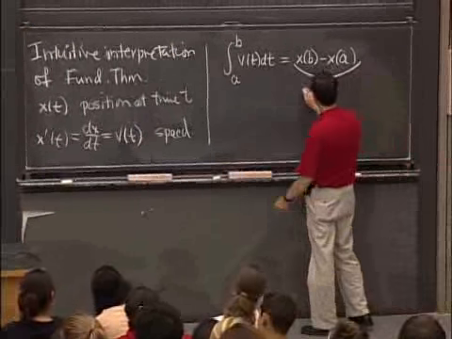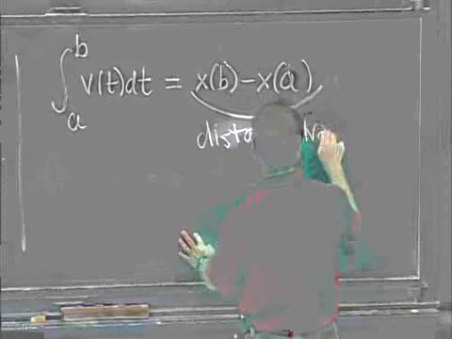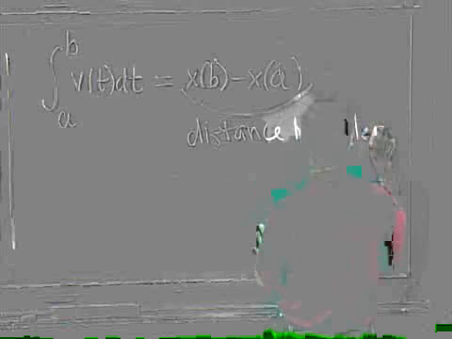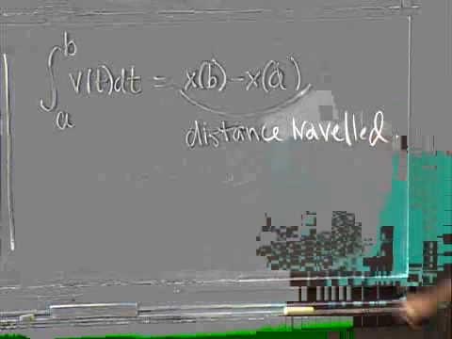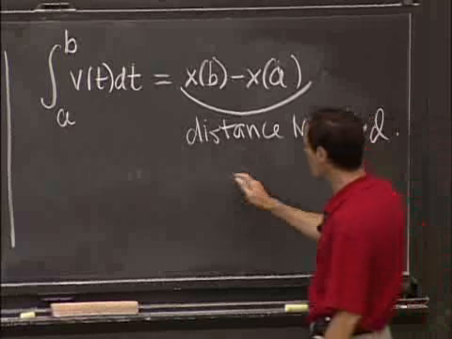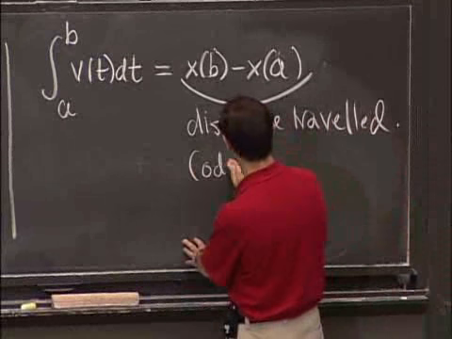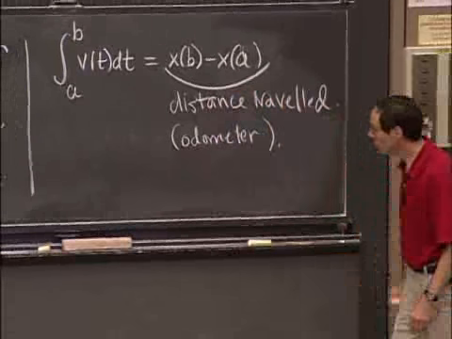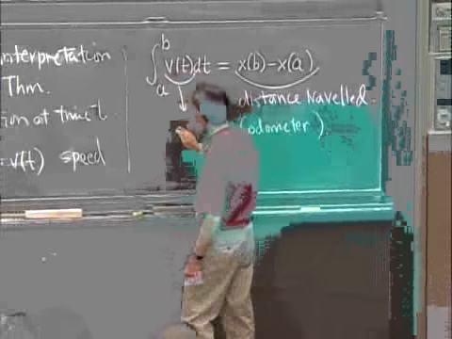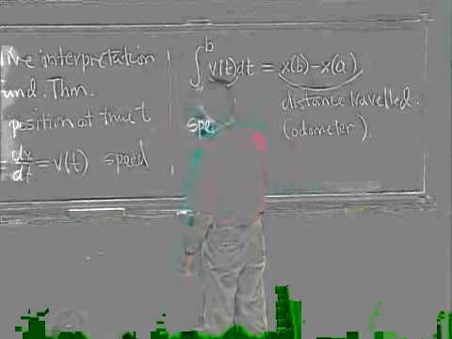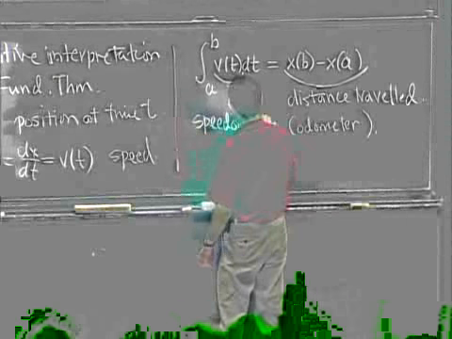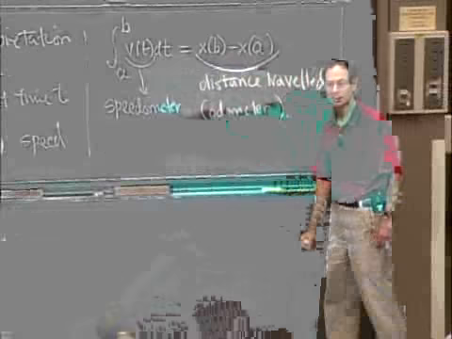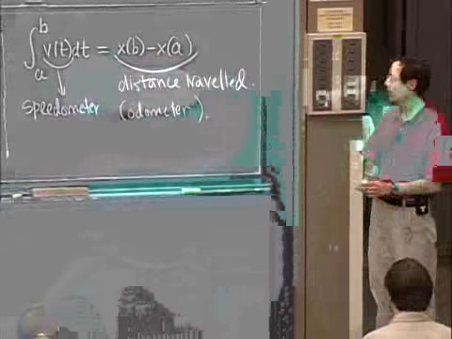This is the distance traveled. And it's also what you would read on your odometer, right, from the beginning to the end of the trip. That's what you would read on your odometer. Whereas this is what you would read on your speedometer. Okay, so